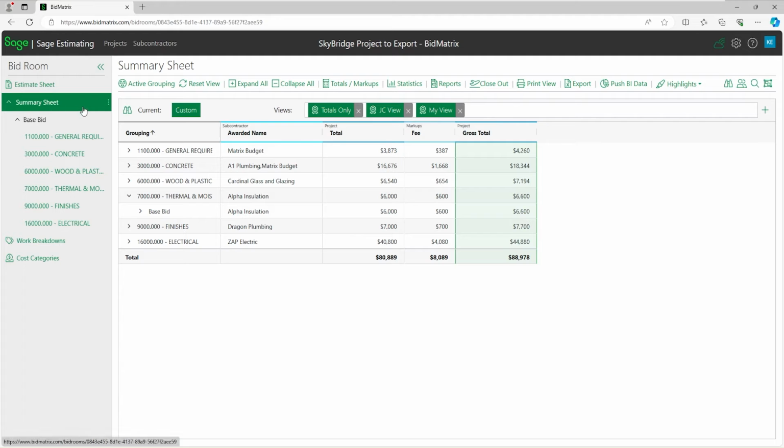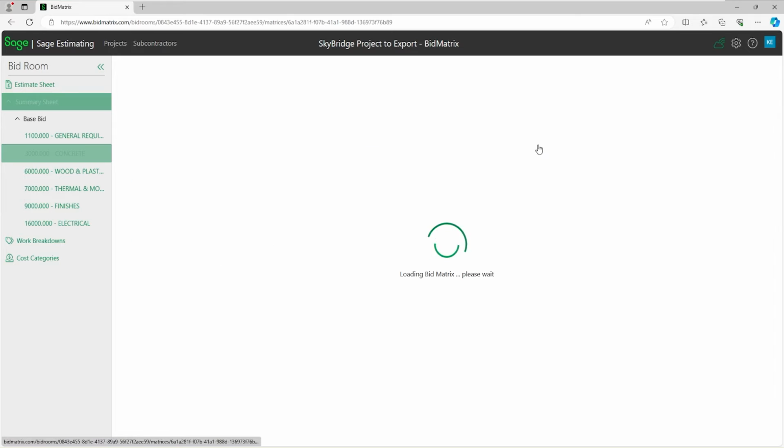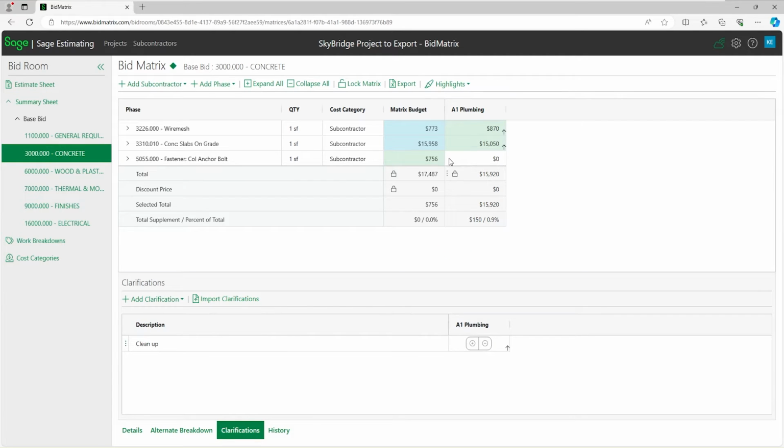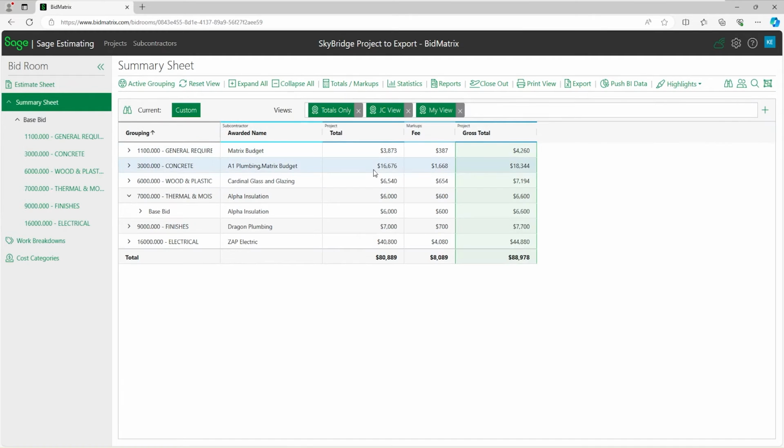Here's a particular bid that I've got some information entered for. As I go through and look, I can tell all the different totals and who's bidding what sections in here. I could go into each metric, and each metric might have multiple subs of who's bid and who's below, and things like that. The main thing I'm looking at here is that at this point, I'm going to say that I'm done. I've got all my different bidders in there. Bid day's over. I've got all the low combinations selected and so forth. So this is what I ended up with.